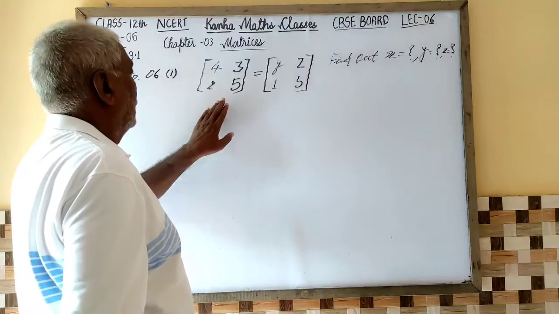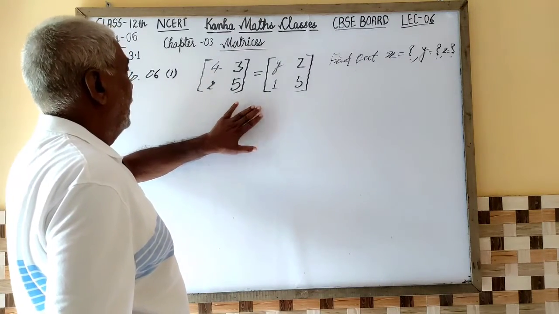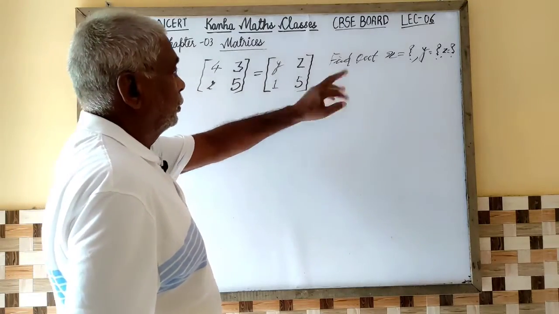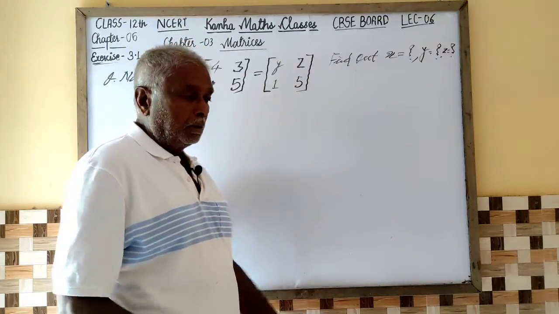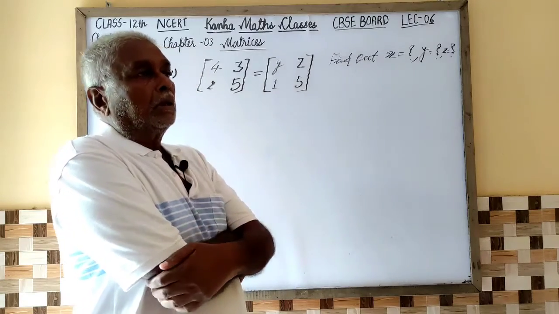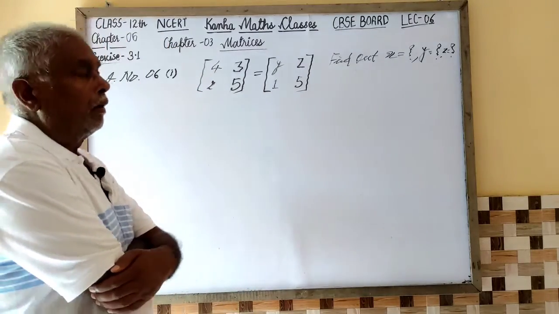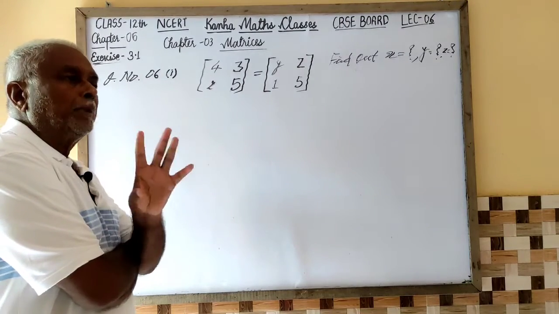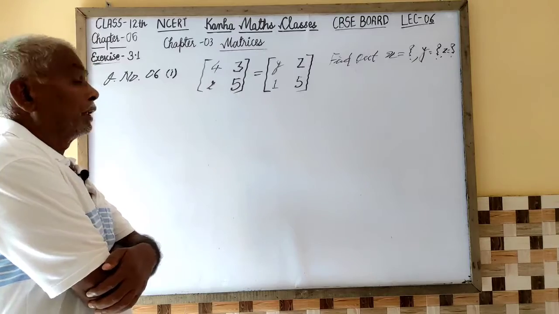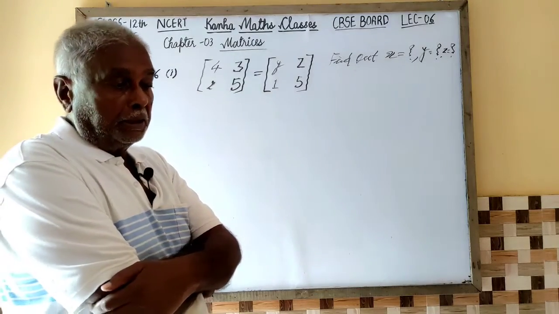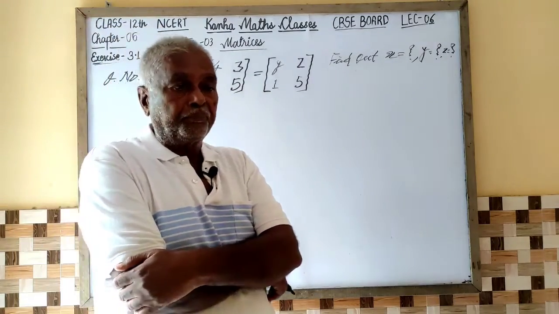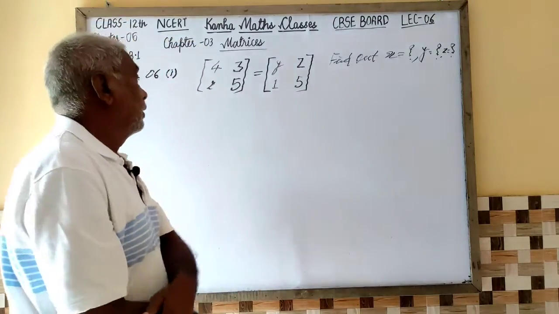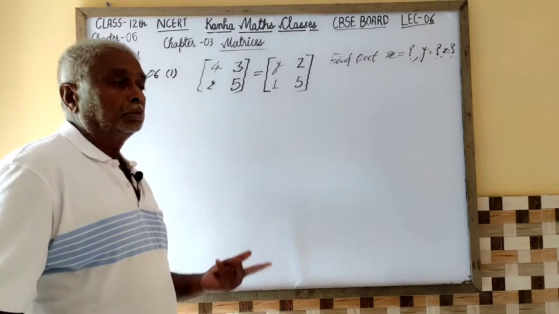Here, there are given two matrices having the elements 4, 3, x, 5, y, z, 1, 5. Then you have to find out the values of x, y and z. This question is based on the principle and criteria of equal matrices. We have to think about when two matrices are equal. For the equality of two matrices, it is necessary that the order of the matrices be the same. If the order of the matrices is the same, then the corresponding elements of the matrices are equal to the corresponding elements